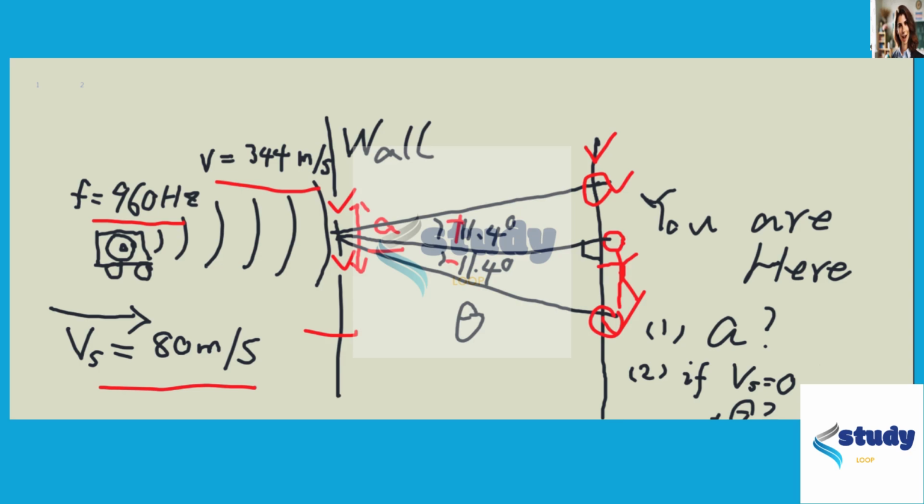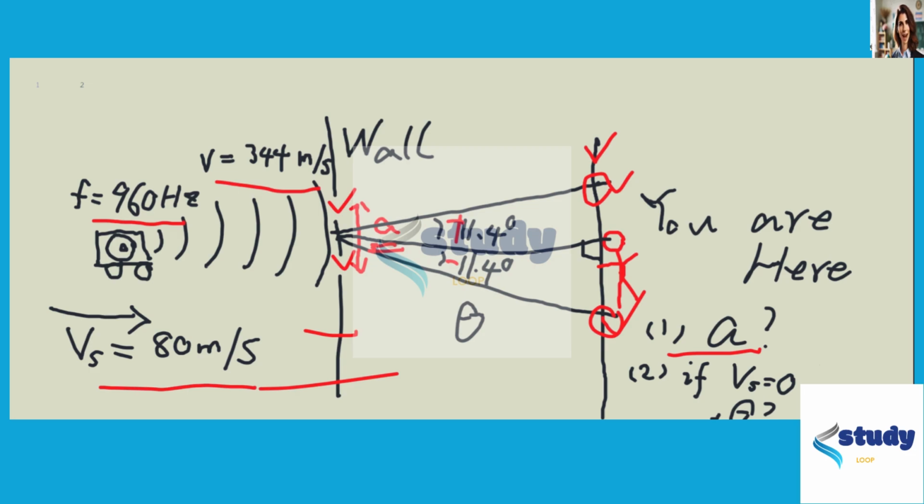So our question is, what will be the width between hole 1 and hole 2? We call that A. And question 2 is, if the velocity of the speaker equals 0, what will be the new theta, which means at the new angular positions where you hear nothing, or say the sound just cancels each other? So to solve this problem, first of all, we need to introduce the Doppler effect